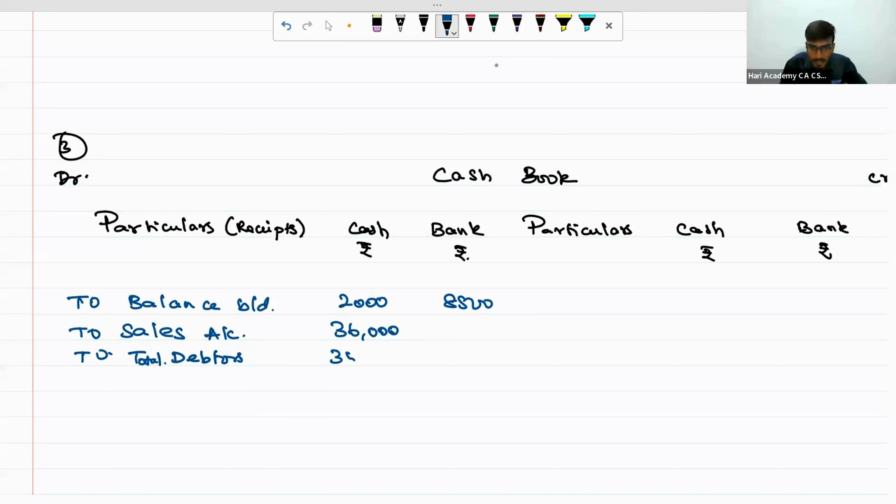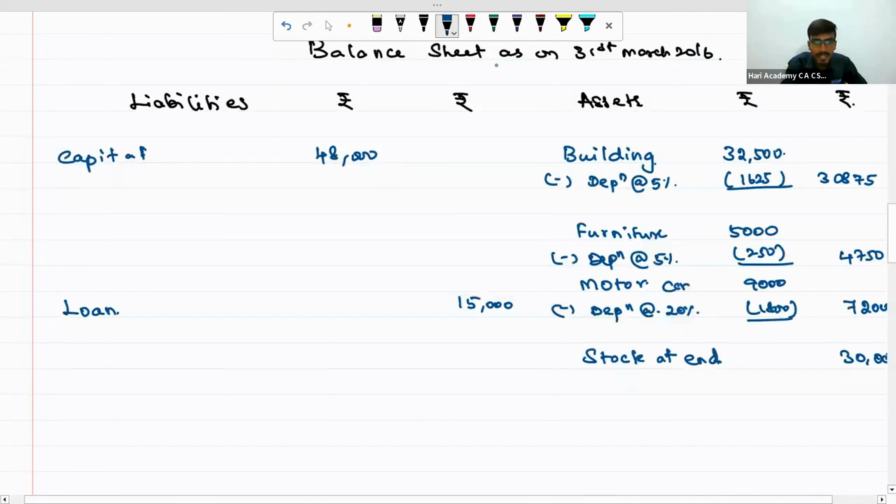Cash is 35,000. What is the remaining value? 1,05,000 is your remaining value. This you should do. This is done with the adjustment. We have done that. Yes. Then